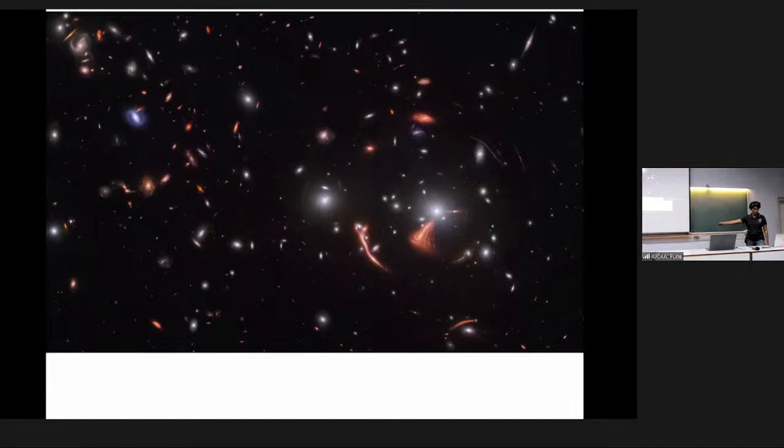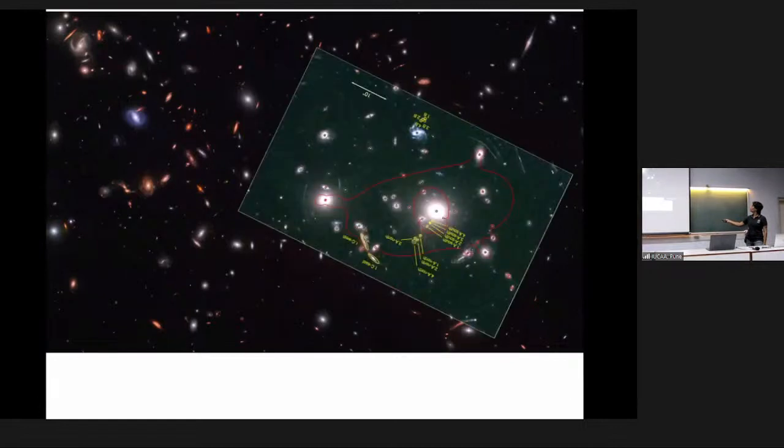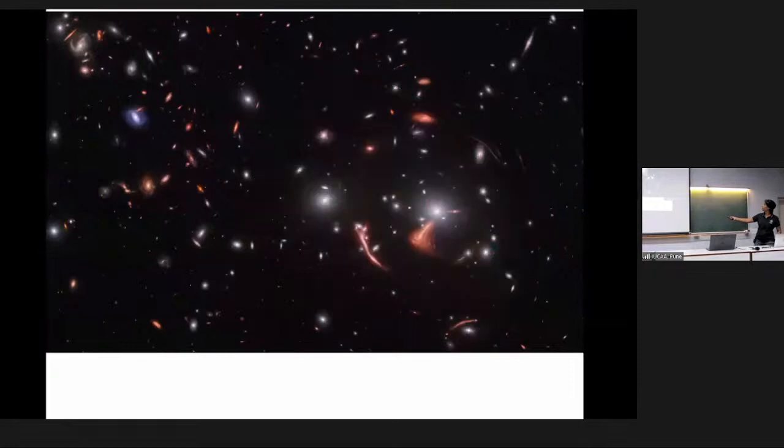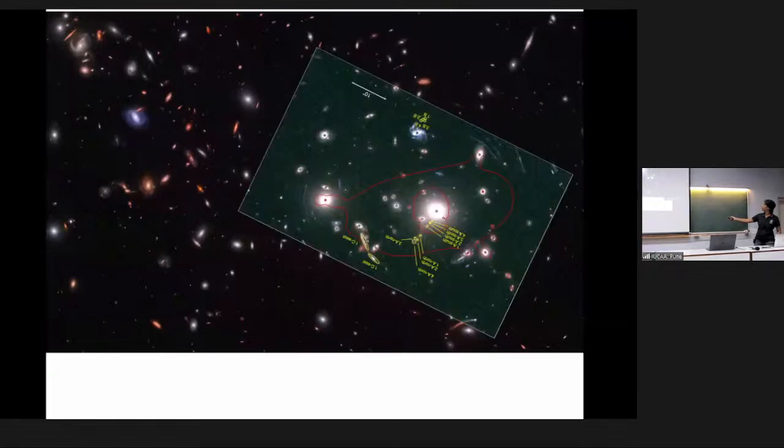So this is taken with JWST, which is mainly in the infrared. But I'll just show you for comparison how the HST image looks, which is more in the optical. So it's not just a direct comparison between two telescopes. It's also the filters, which can highlight how the intrinsic spectral energy distribution of different galaxies can look. So here in the optical we don't really see much. You see all these yellow circles, they point to that reddish galaxy, but it's hardly visible in the optical over here. But let me flip between the two images, and now you can see the difference,